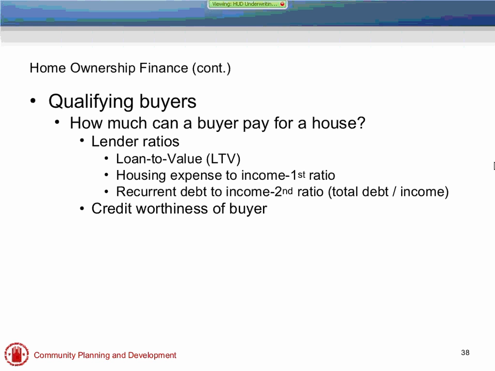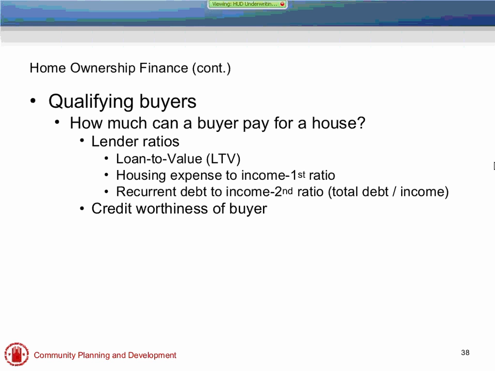And then looking at the creditworthiness of the buyer. Probably 75% of all mortgage applications are looking at creditworthiness, and it's really just an automated evaluation tool that's out there. Any conventional mortgage is obviously going to be more conservative with these different types of ratios and creditworthiness, and there's a variety of programs that are used for affordable home buyers. In the classroom session, a lot of those will be discussed in more detail.